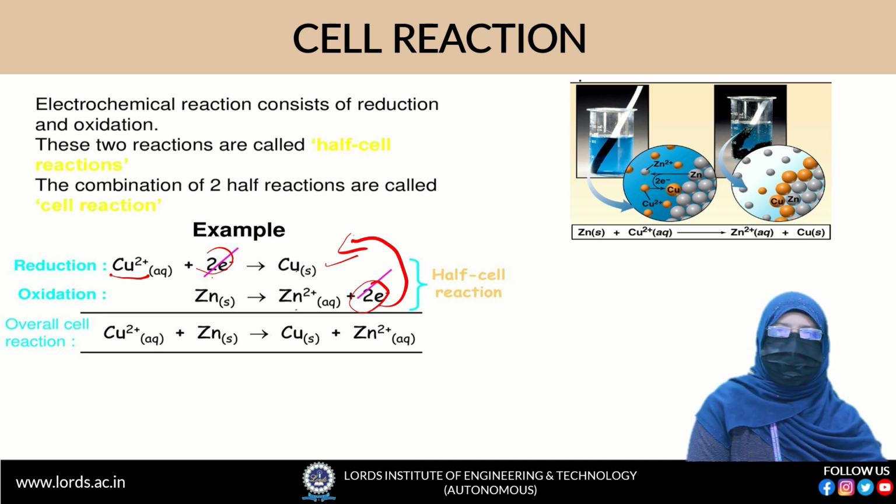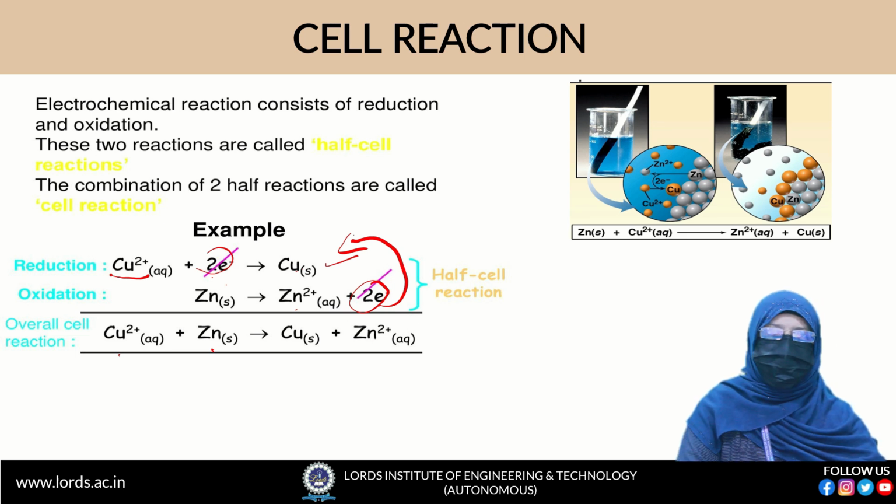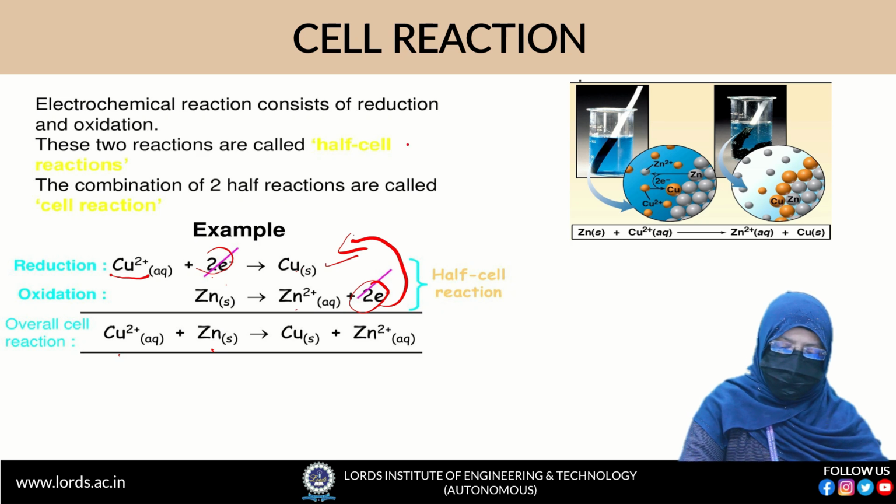Whenever we are writing the cell reaction, on the left side Cu plus 2 should be there and Zn will be there. Then on the right side Cu, then Zn plus 2, that should be there on the right side. If I write one more reaction, if you take the combination of